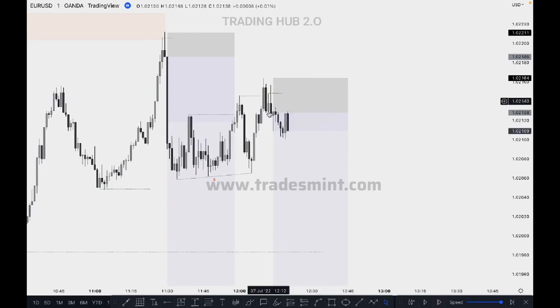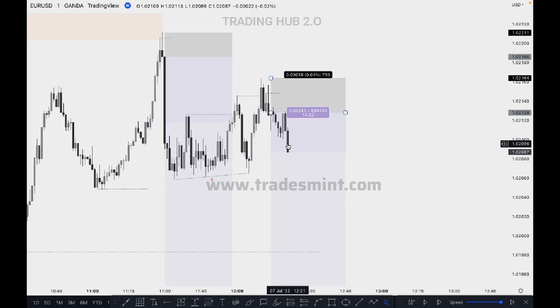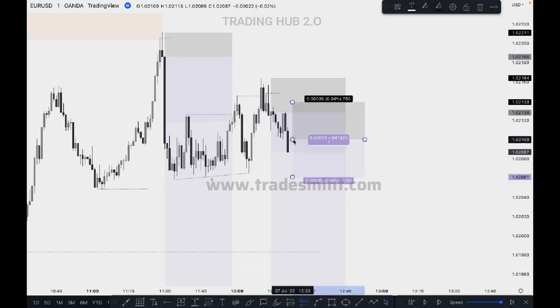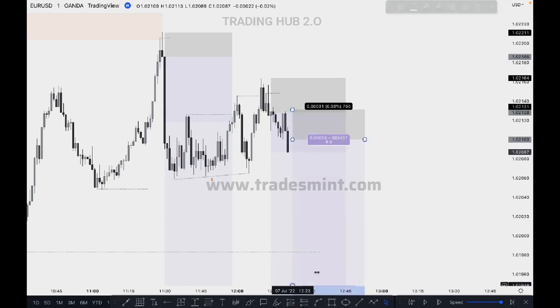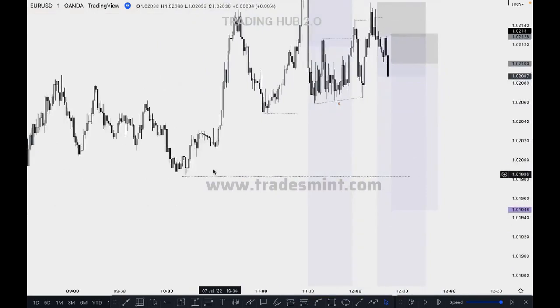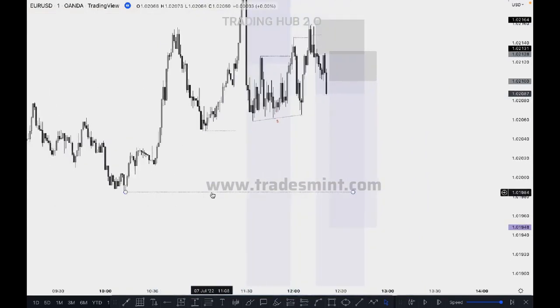Now we can see the market again took out the previous candle high and closed above it. If the market closes below it, then we can take entry for the single candle order block mitigation based entry. Okay, the market closed below it. So in this case we can sell again here and put the stop loss just above, and the target will be the same. And one more thing, if the market breaks this low, which is here, the actual M5 low,